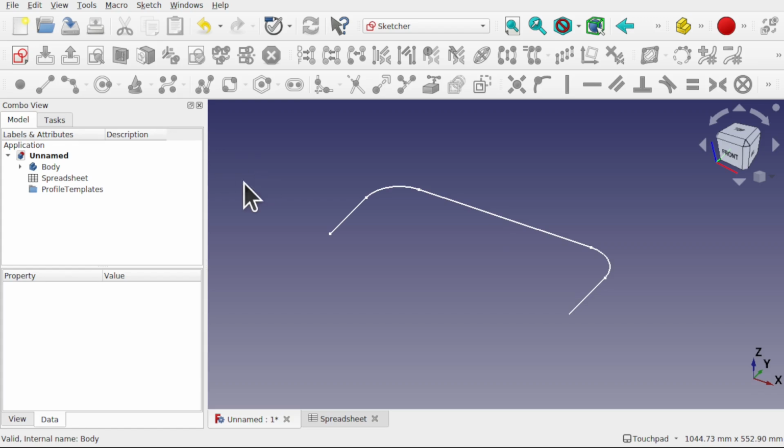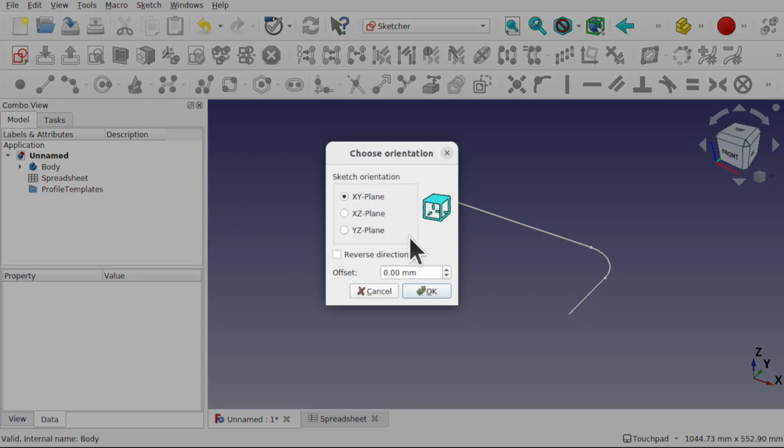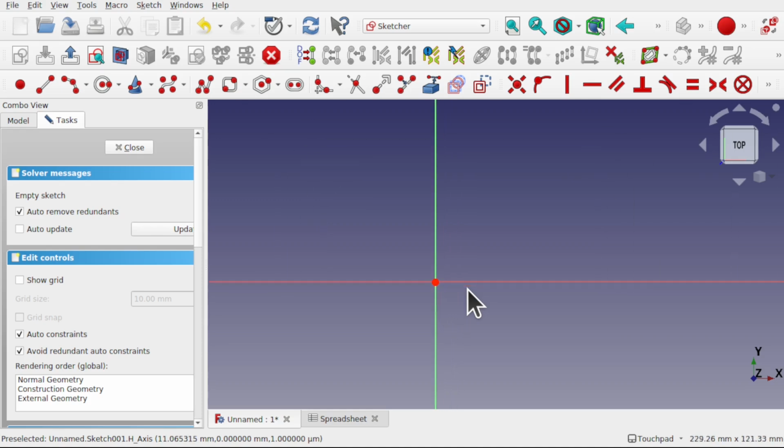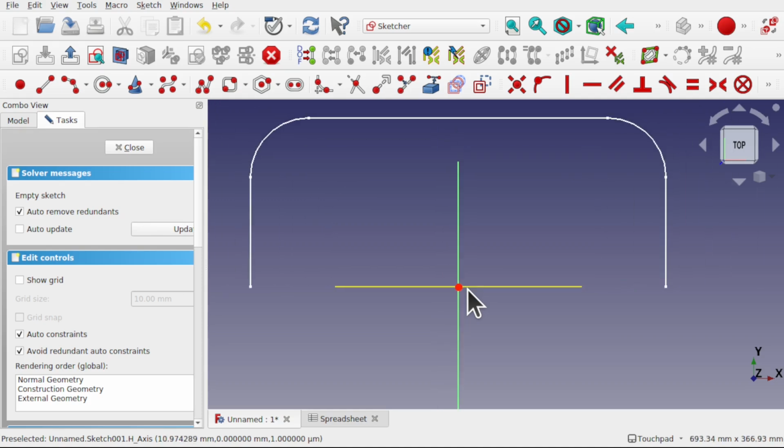Make sure nothing's selected. So we've got nothing selected in the tree view. This means when we click on the create sketch, it'll be added to one of the planes rather than attached to one of these items. We're going to go for X, Y and hit OK. Make sure any profiles are sketched around this center point. So for now, I'm just going to go for a simple circle in here, like so. Hit escape, I'm going to set the radius of this circle